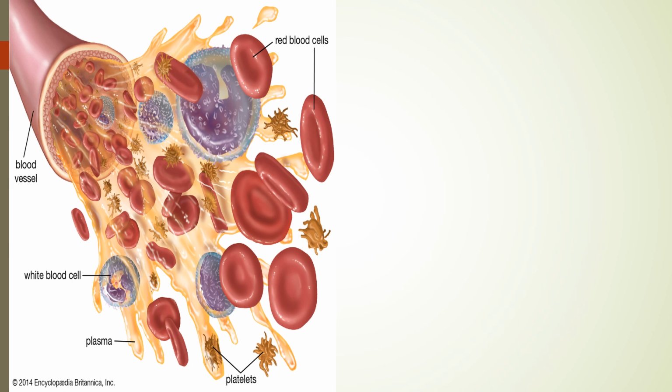Now the spider-like things which you are seeing in this slide are called platelets. They are not cells, but they are fragments of a large cell which is called megakaryocyte and which is present in the bone marrow. When this large cell matures, it breaks by itself into fragments which are called platelets. As the platelets are very small, they escape into the peripheral circulation and they play a very important part in hemostasis, in preventing blood leakage from the blood vessels.